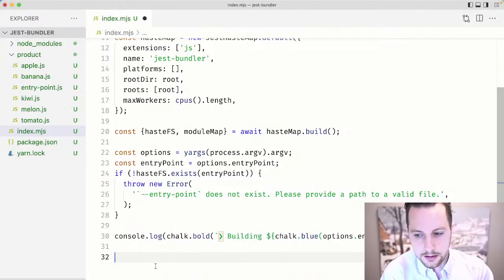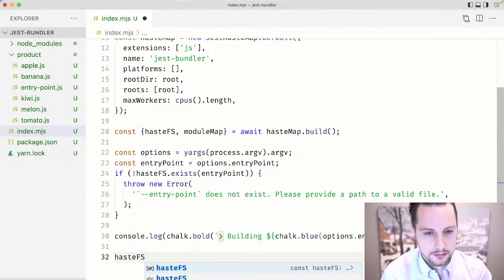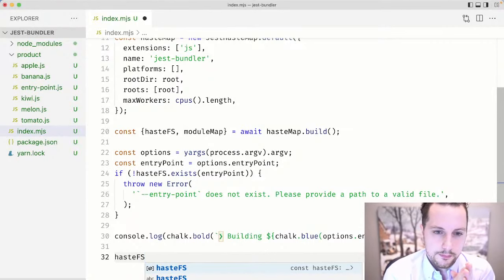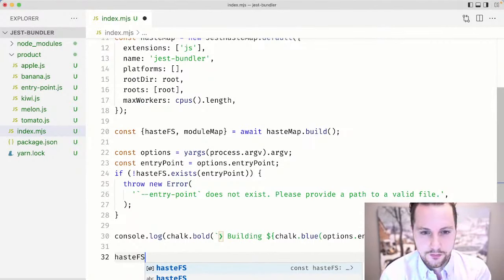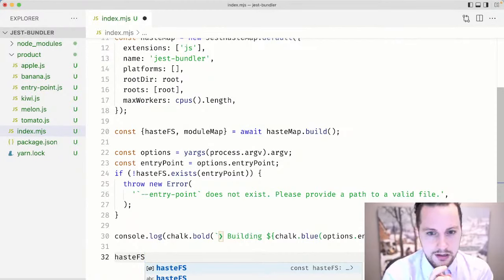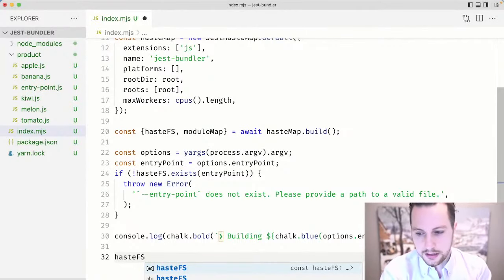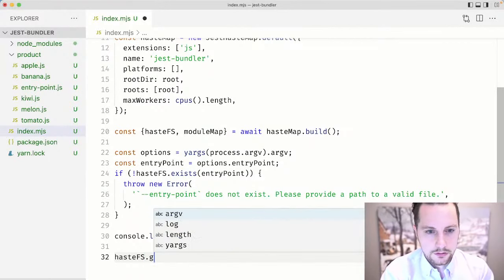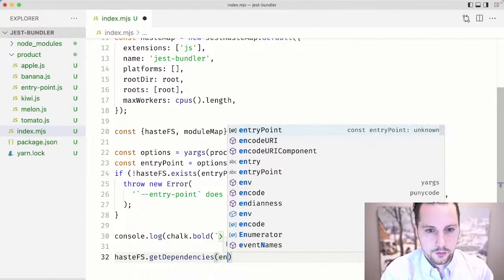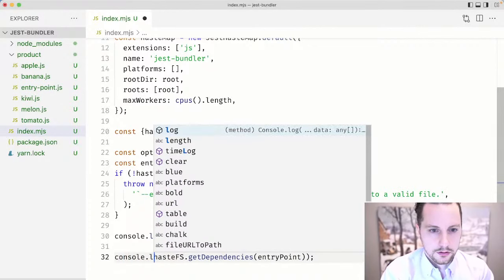The great thing is that Haste-fs already keeps track of dependencies. That's really the best thing about the jest-haste-map. In the last blog post, we only used it to get a list of files similar to here, so we know what's going on. I was also saying in the video last time that there is a lot more data and info that it keeps track of. One of them is that it can give you dependencies for each individual file. So for example, we can do hasteFS.getDependencies for the entry point, and then we can console.log that, and